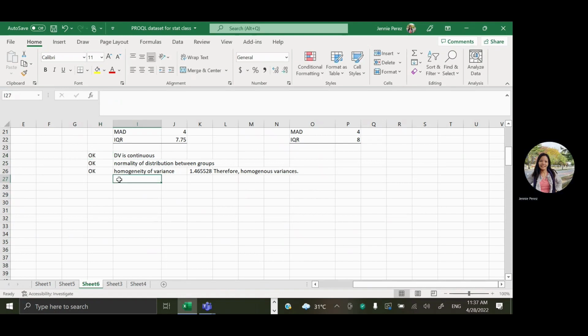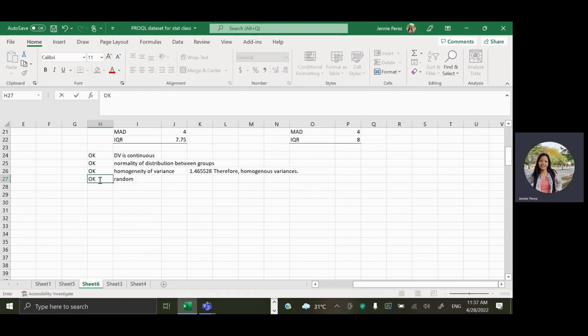Okay. Random selection. Okay. So we will proceed. All of these assumptions are met. Then we can proceed now with testing our null hypothesis